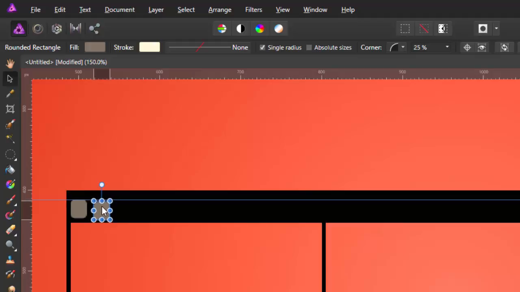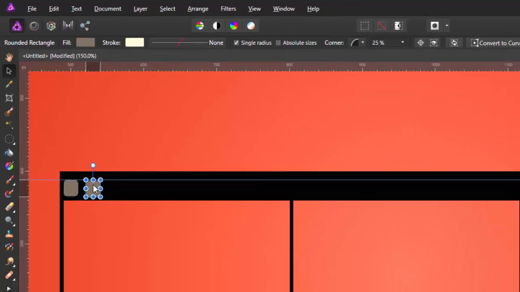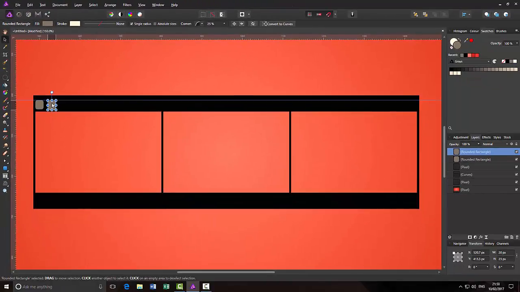We're trying to go near to the guideline at the top, but you can look down at the transform box down here. I'll let go of that,